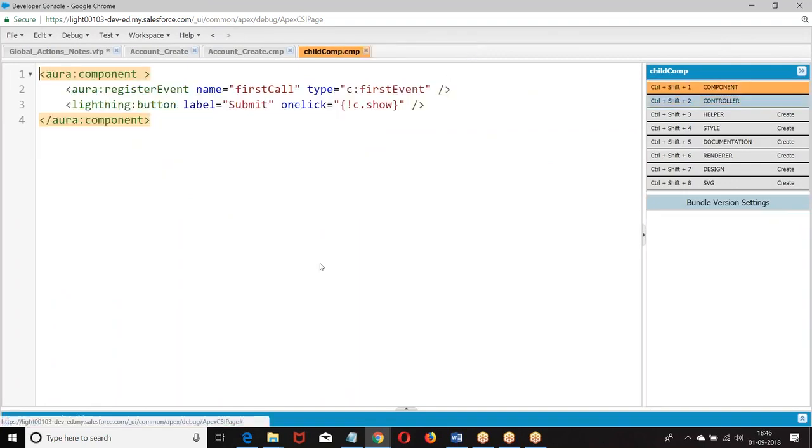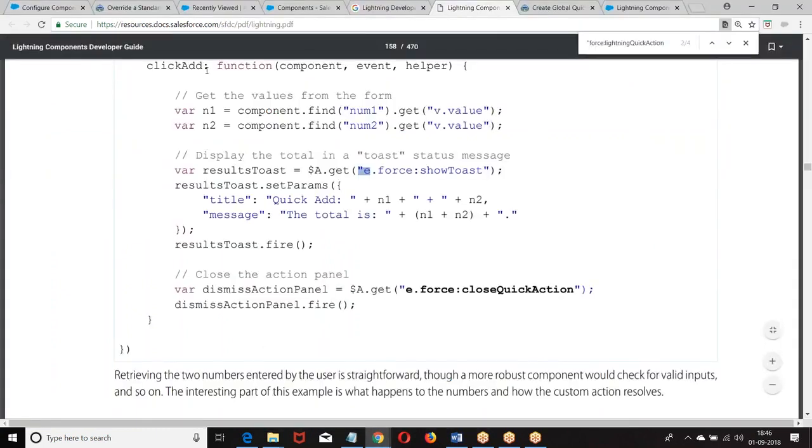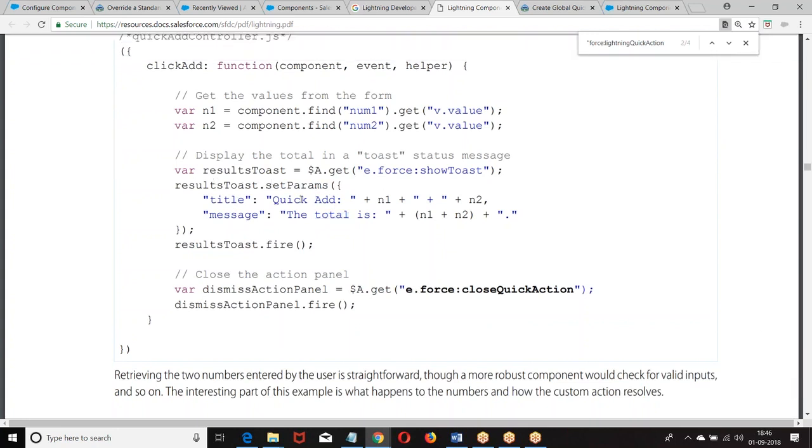The same story here also with the toast. How do we want to pass it? Toast message dot set params, key value, key value. Then you are supposed to find it. So for the toast message, we want to find the message. Now what is that? Find, dot find.